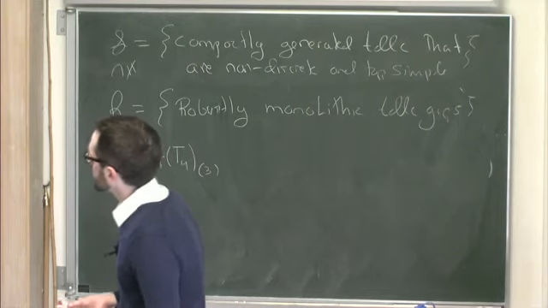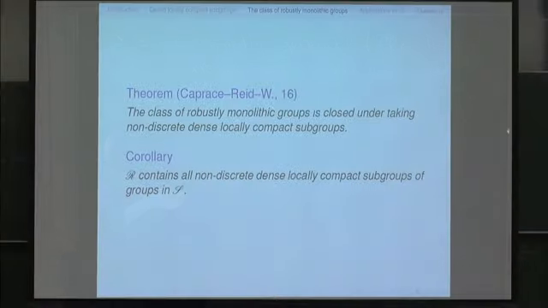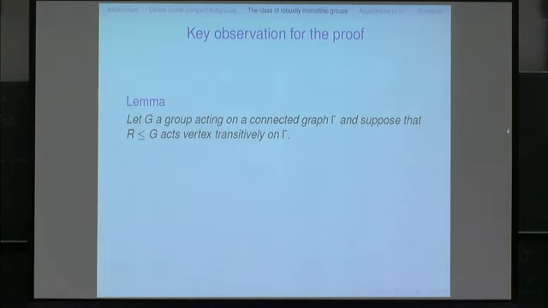So how did we prove this? At the end of the day, the proof brings together a lot of pieces from the literature that tell us something about normal subgroups, but the key observation that got everything going is this rather trivial lemma. If you have a group acting on a connected graph gamma, and suppose that R is some subgroup that acts vertex transitively,